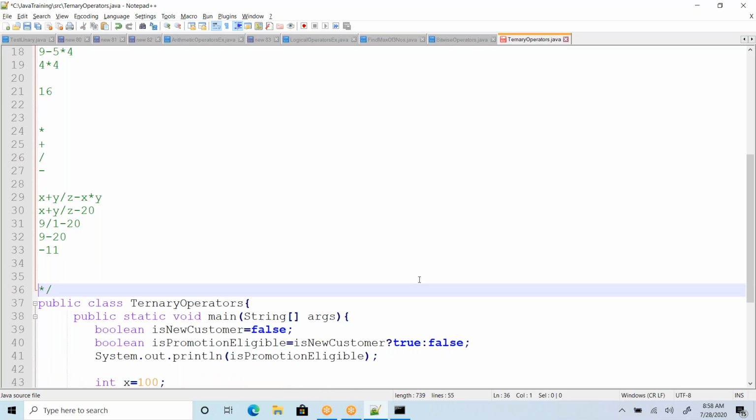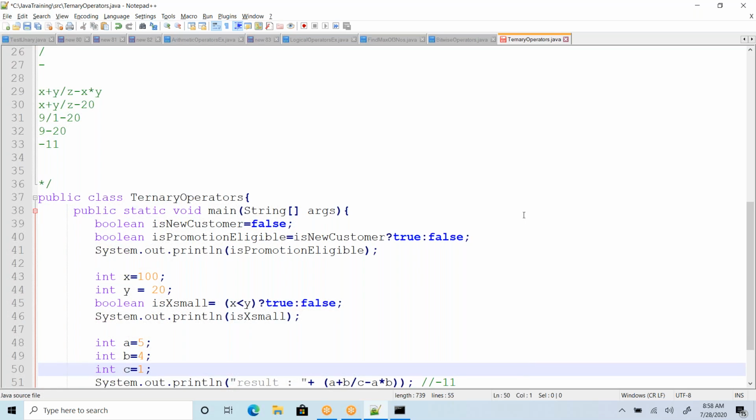Okay, that's all about operators. In the next session we'll speak about flow controls. Any doubts? No doubts.